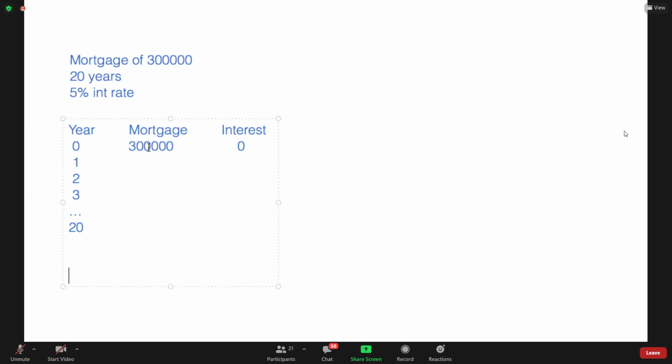How do we do this? We calculate it by, so the amount per year will literally be the amount of the mortgage, 300,000, divided by how many years we have to pay for the mortgage, right? So this calculation will be 300,000 divided by 20, which is 15,000 per year. That's how much money we have to give back yearly